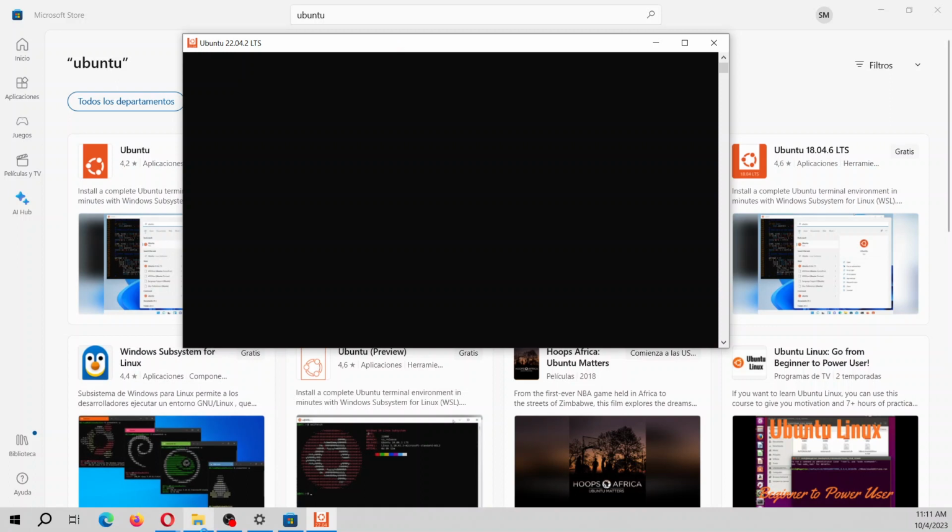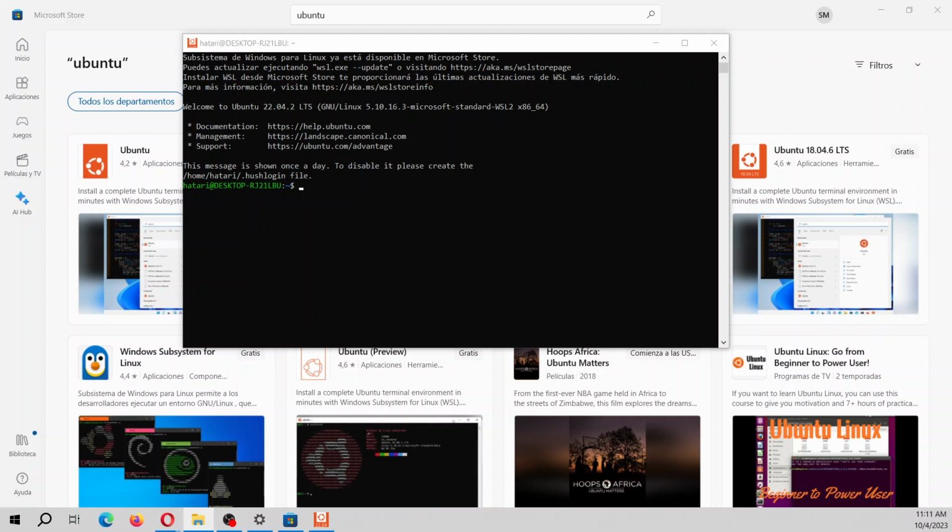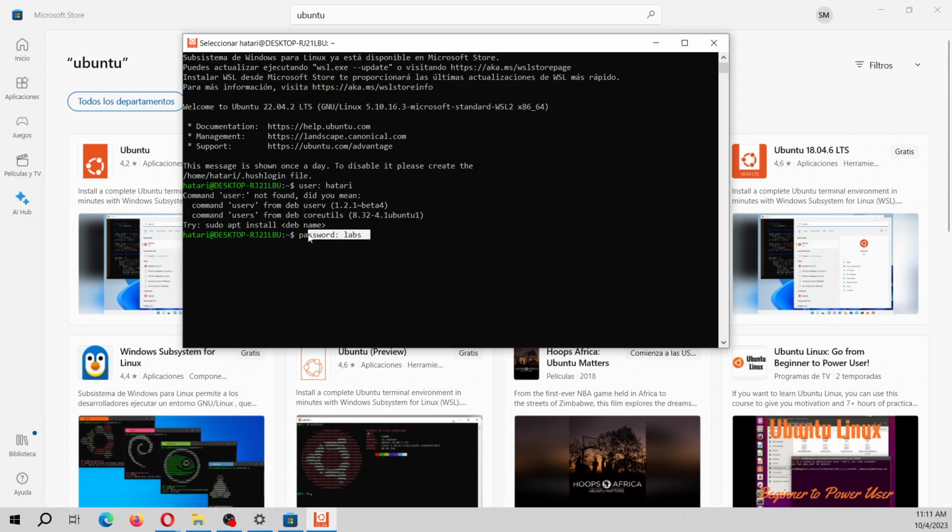And why do we use Ubuntu? We use Ubuntu for a certain library that we are going to require. Maybe in your case you are okay. The user will be Hatari, and the password will be labs. Yeah, the user is Hatari and the password is labs. Okay, once you are here in Ubuntu,